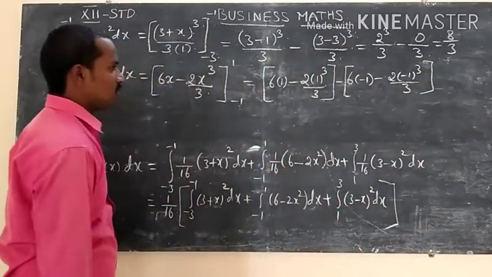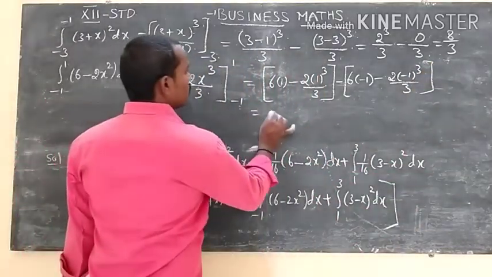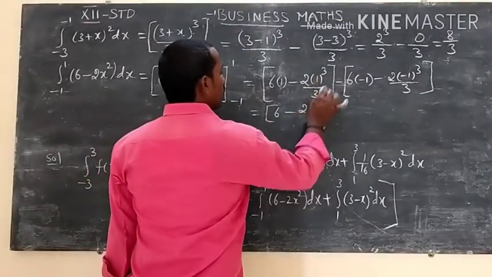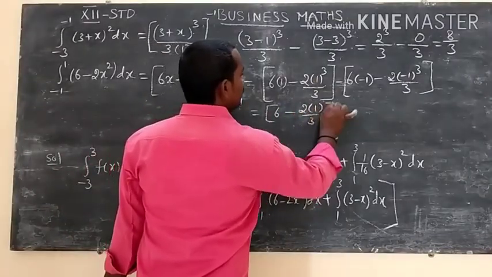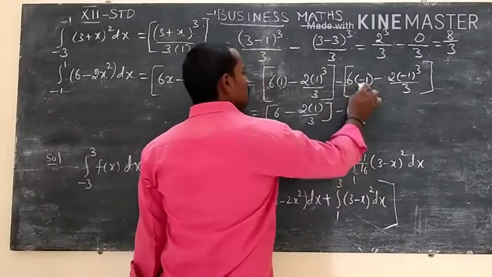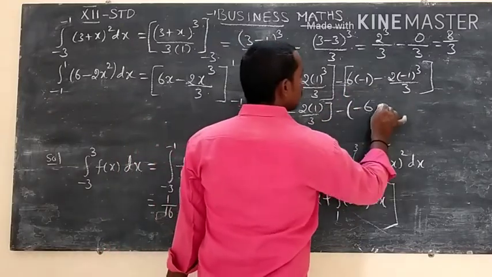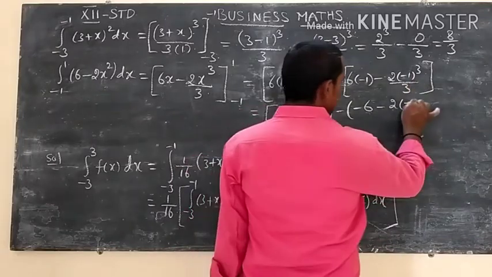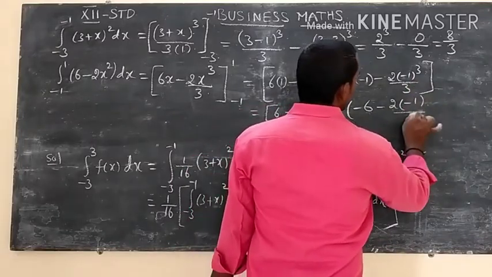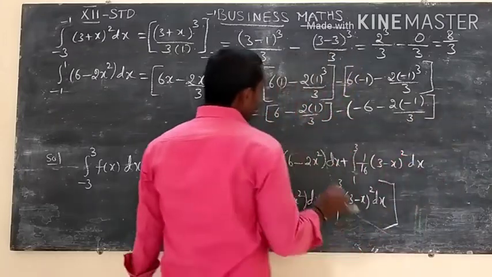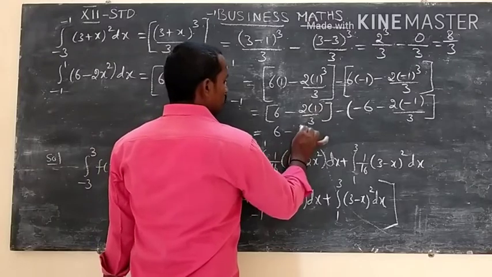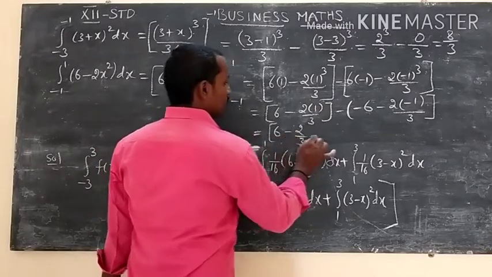Upper limit minus lower limit, which is equal to 6 ones are 6 minus 2 into 1 cube is 1 divided by 3, minus 6 into minus 1 is minus 6 minus 2 into minus 1 cube, minus 1, divided by 3, which is equal to 6 minus 2 by 3